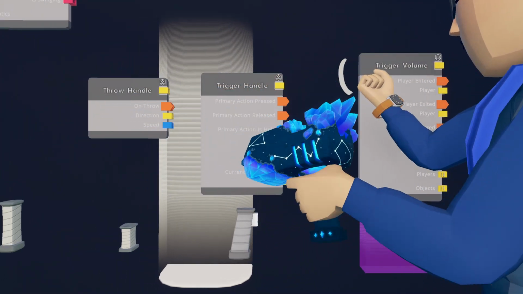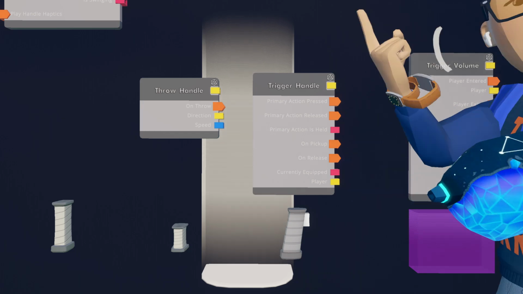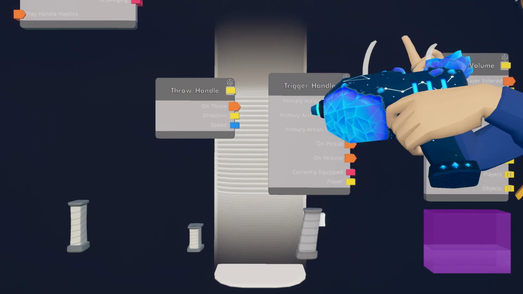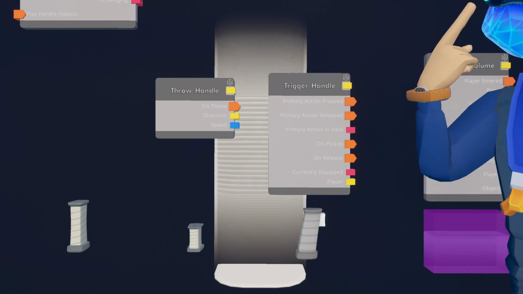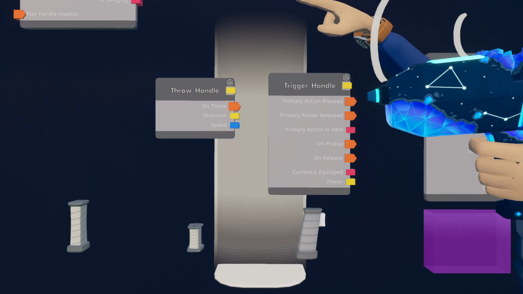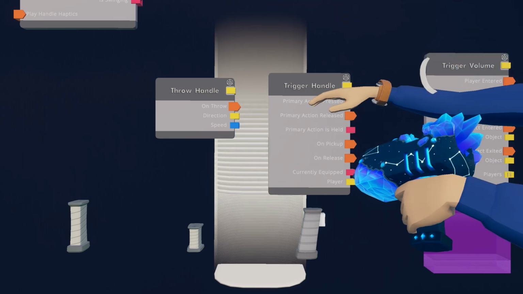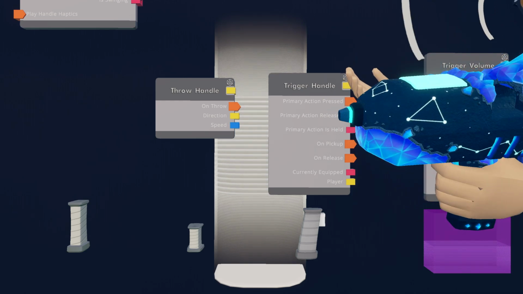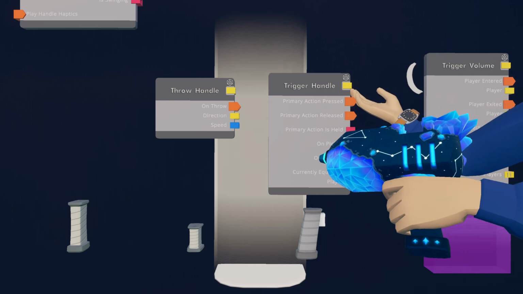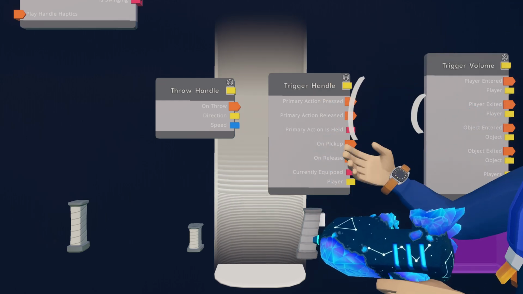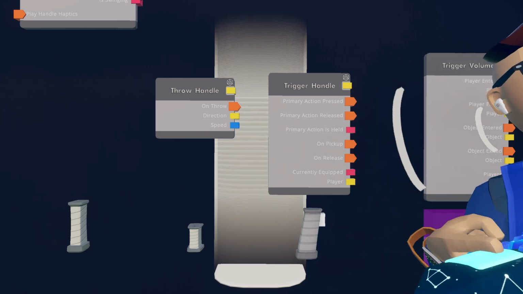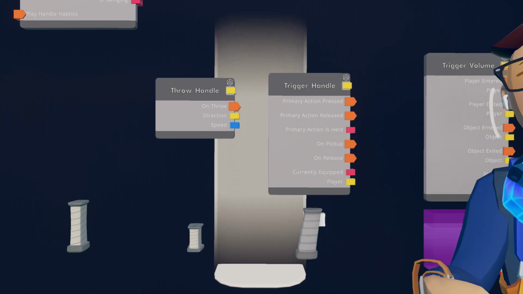Trigger handles have a good amount of events inside. They have events for when you either pick it up or when you drop it. You'll notice we went over before, there are global scope events for when a player picks something up or drops it that will run for everybody. Those events are completely valid. These do a similar thing, but if you're only looking at the trigger handle and you don't care what else they're picking up, these would probably be a little bit easier to use. Also, there are primary action pressed and primary action released events. Those will run when you hold down the trigger or when you let it go.